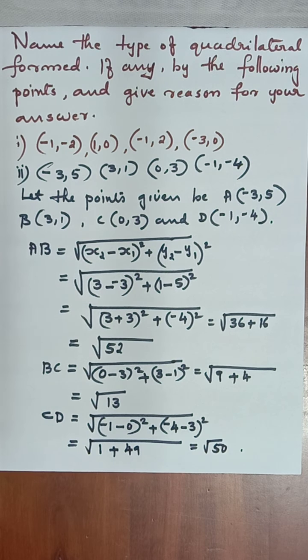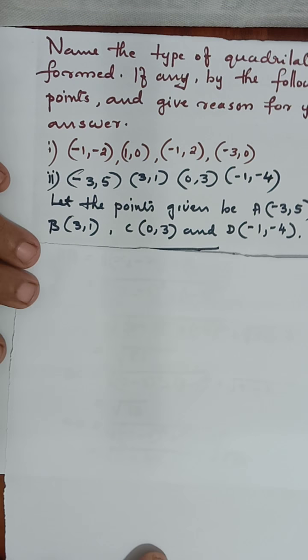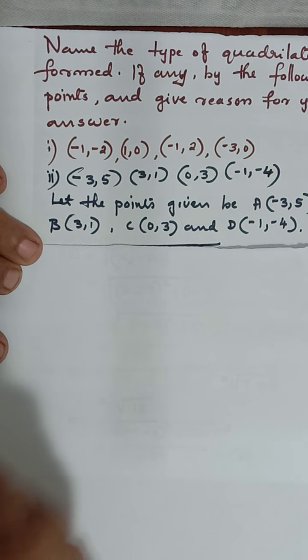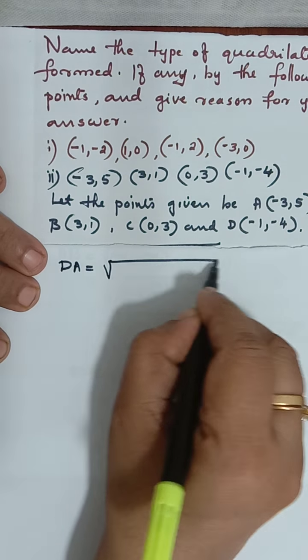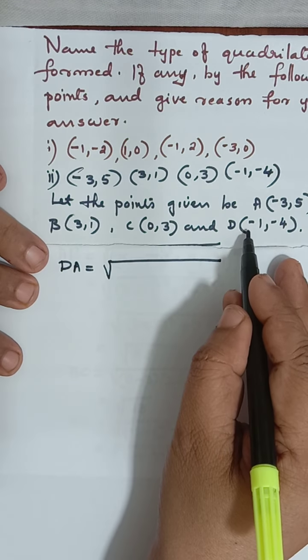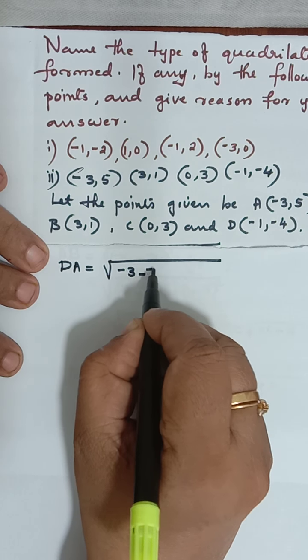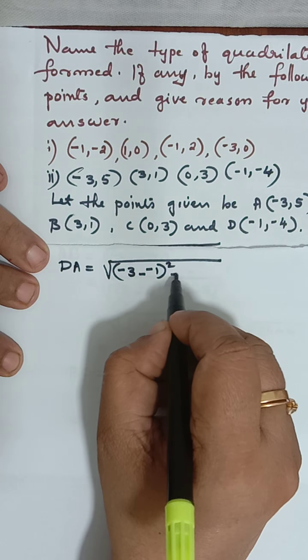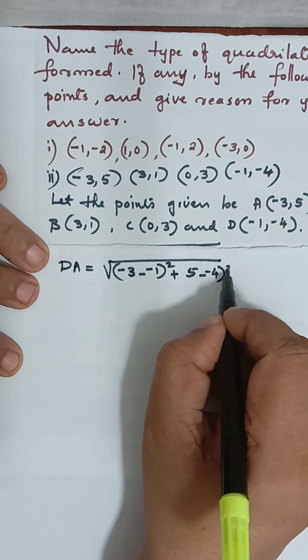Similarly, we have to calculate what is AD also. CD, after that DA. DA or AD, it is the same. So we can find out DA, that is the fourth side. DA is also square root of, D is x1, y1, A is x2, y2, x2 minus x1 whole square plus y2 minus y1 whole square.